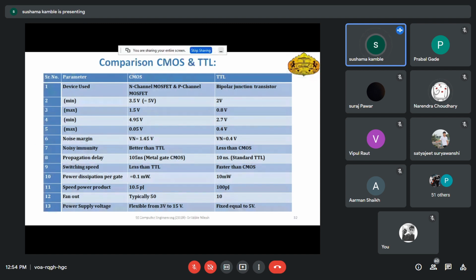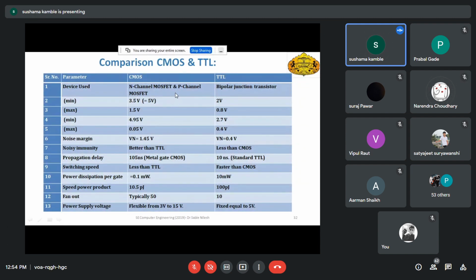Now this is a comparison between CMOS and TTL, and it is very useful for the online exam because you have to remember a few parameters for the requirements of CMOS and TTL. For ENTC students, you have interfacing, and at the time of interfacing you should know the voltage, current, noise margin, all these values of CMOS and TTL. Then only can we say whether you can directly interface CMOS with TTL, or whether you have to connect external circuitry. All these things depend upon these parameters.